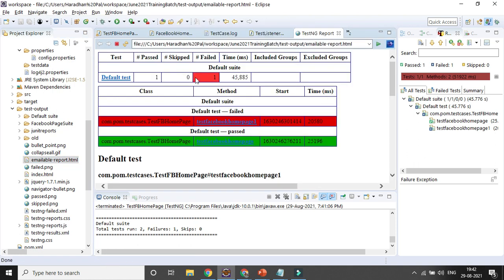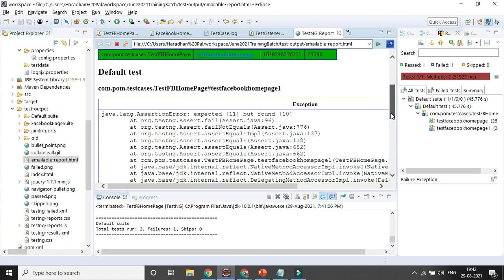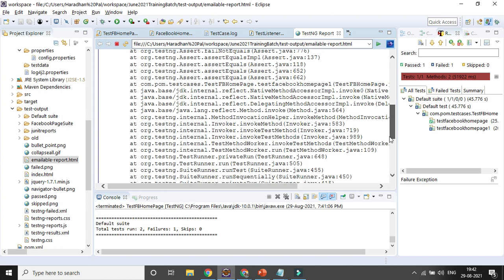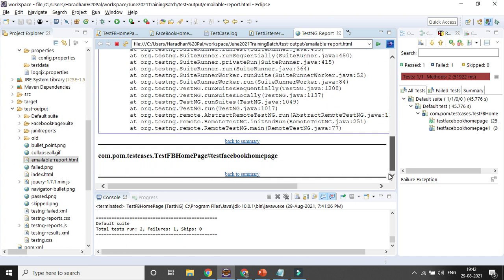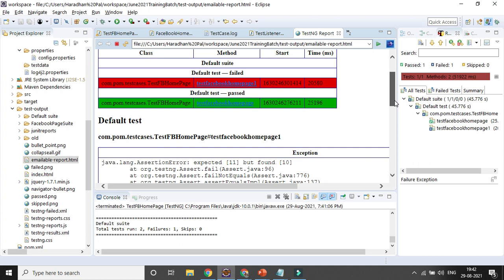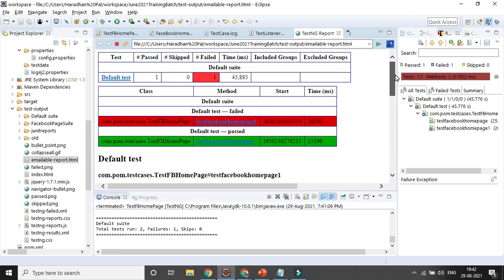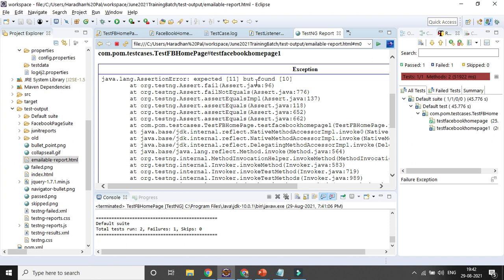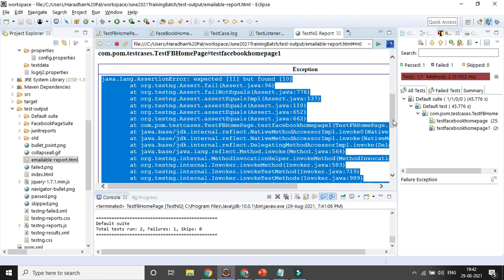Default is fast, fail one, the test case failed here, and that part is coming from the listeners. Let's click here. This is the failure part.